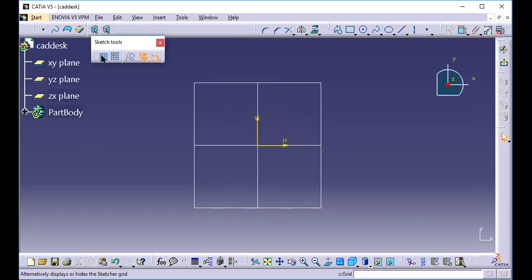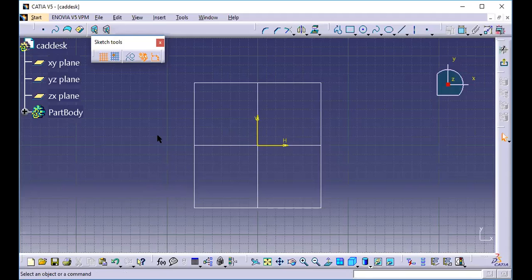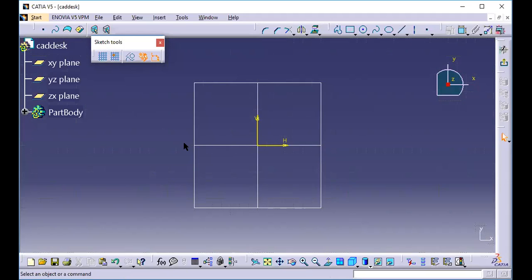Here, like AutoCAD, I have snap and grid. If you click on it, you will switch on the grid. And if you click on snap, it will allow you to snap. For my sketch, I don't need this, so I will switch these off. Okay, here we will learn how to create sketches.